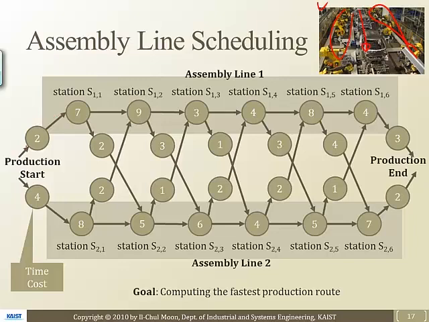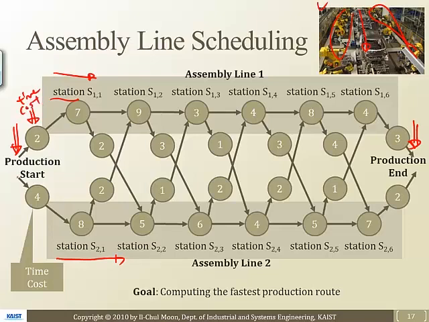So let's abstract it and make things a little simpler. We have production starting here and production ending here. And we have these stations all lined up here and stations all lined up here, right? And then this circle means that it takes time